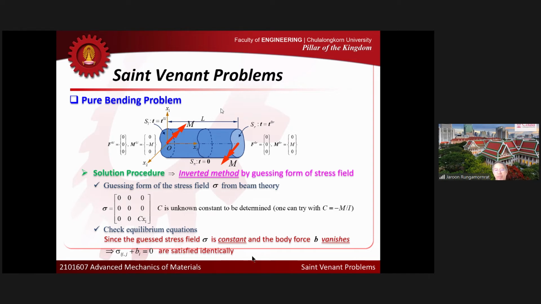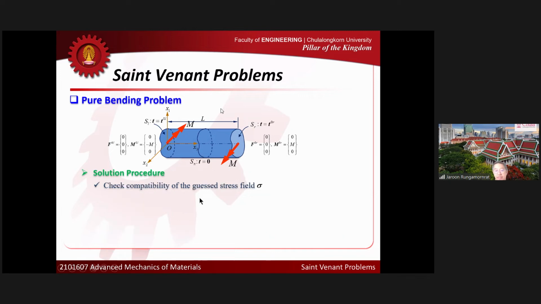I have to check the Beltrami-Michell equation. Because the body force field is zero, the Beltrami-Michell equation simply reduces to this specific form. The term on the right hand side disappears. And if you take a look at the term on the left hand side,